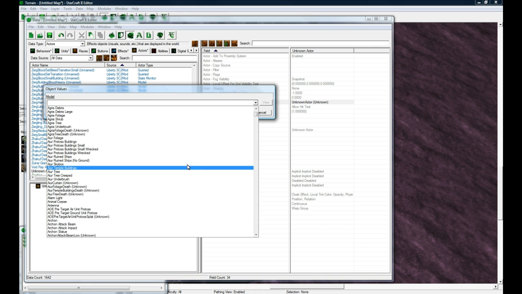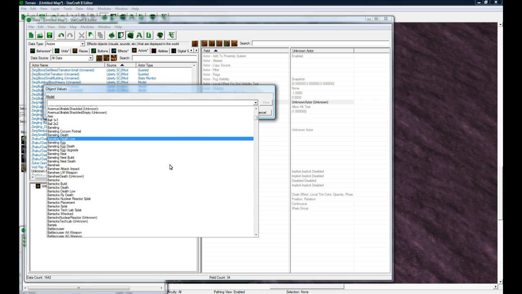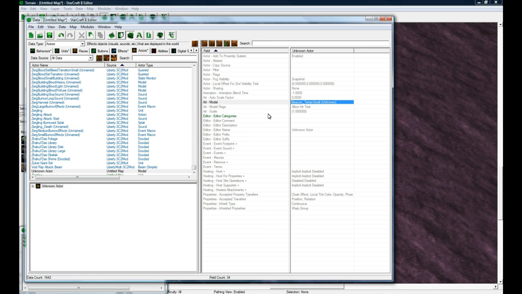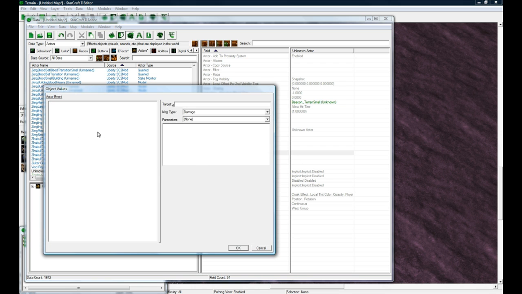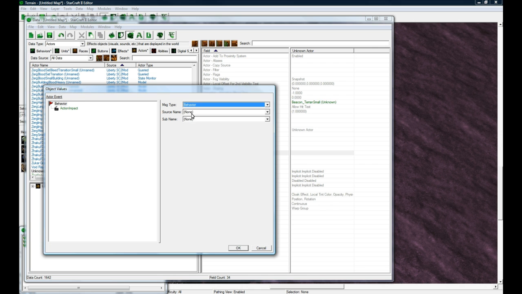Maybe, what's good? Beacon underscore Terran small. So you do that, but it's not going to show up unless you go to events, right click, add an event. Find behavior,